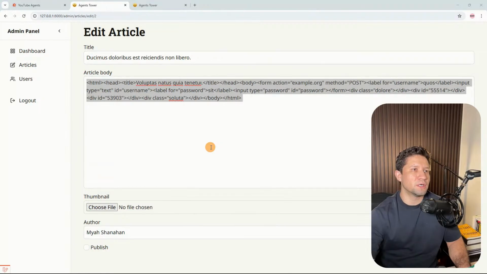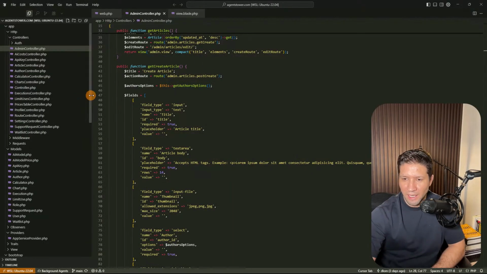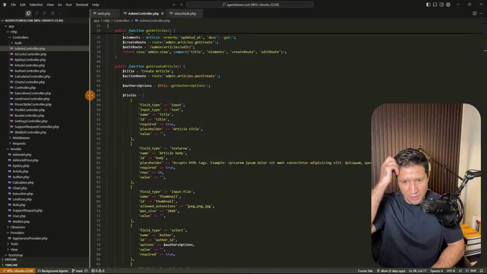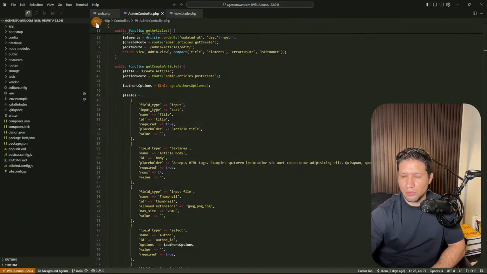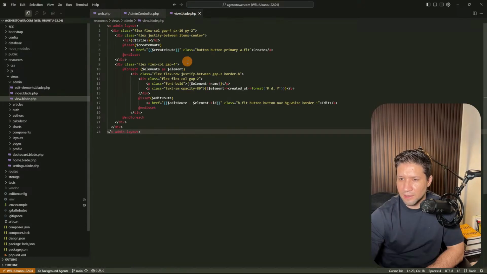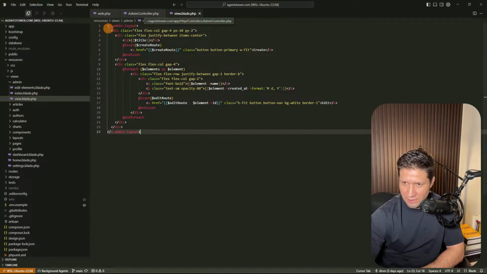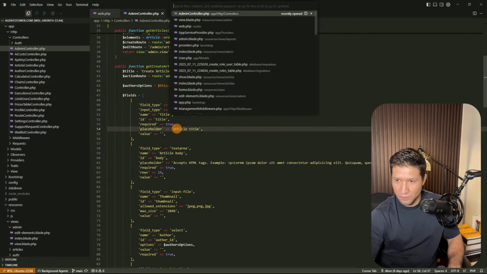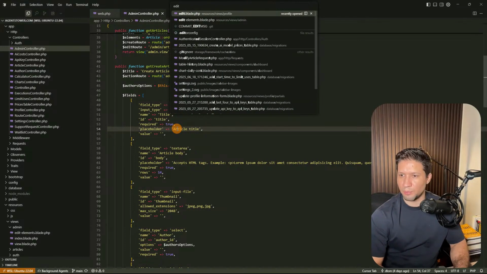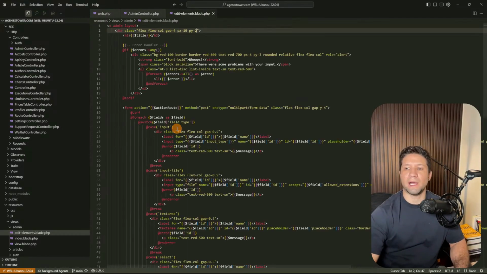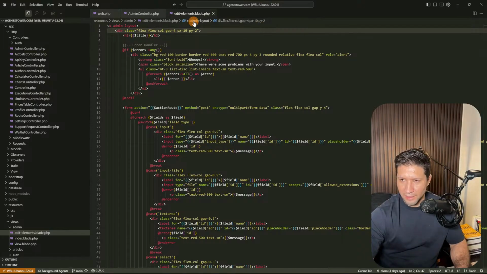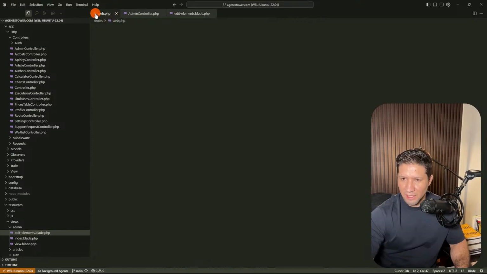So if I go to Cursor, this is Cursor, and these are all of the files. The first thing is, right now I have the view for the admin dashboard. We have the edit elements and we have the index. So we are going to be working basically in the edit elements. If you press Ctrl P, it's going to open this option where you can search by name of the file. So we are going to be working on edit elements, and